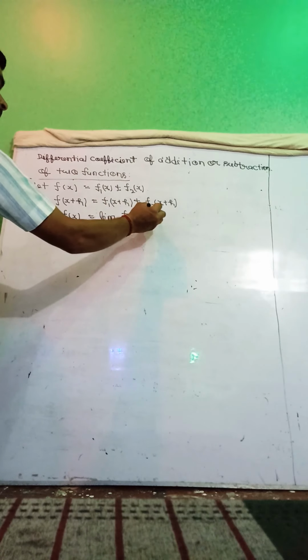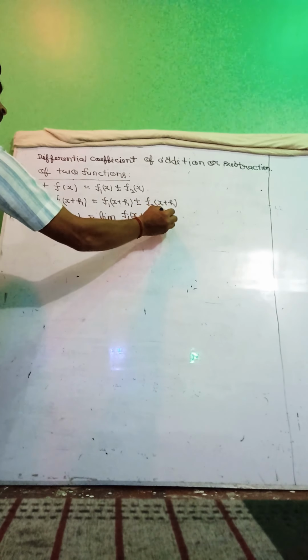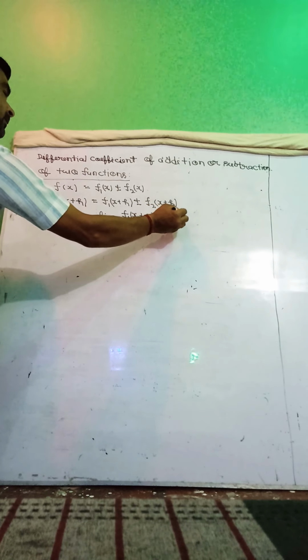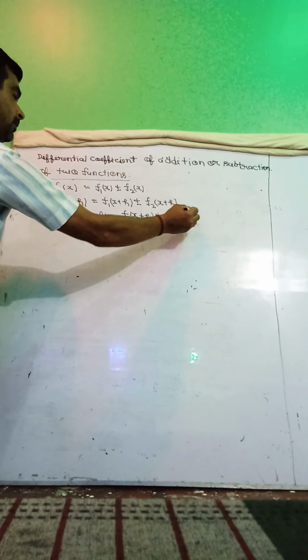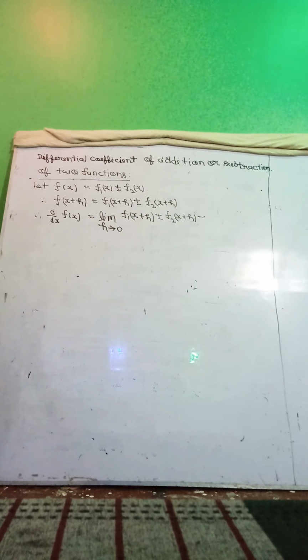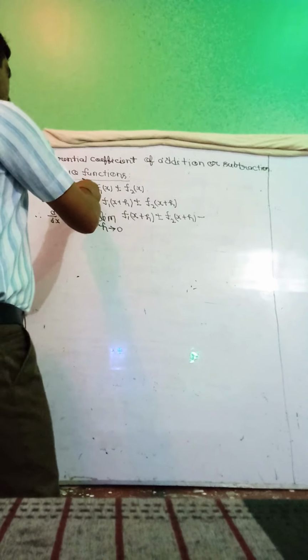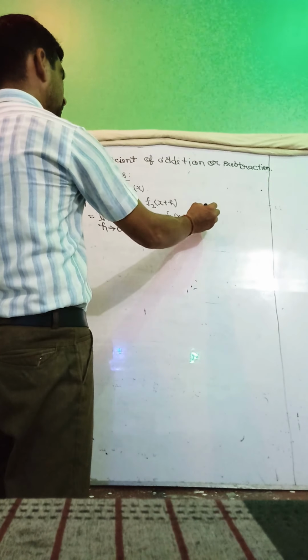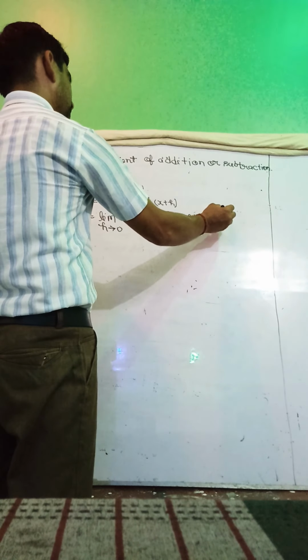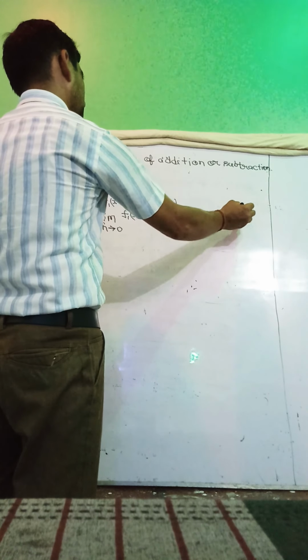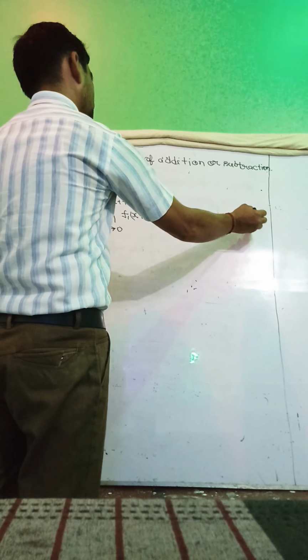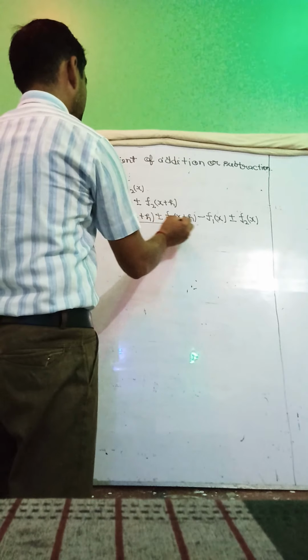So put here plus minus f2(x+h) minus this f1(x) plus minus f2(x), divided by h